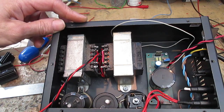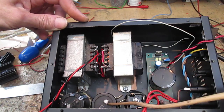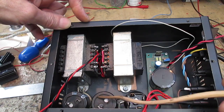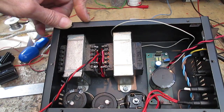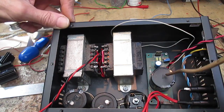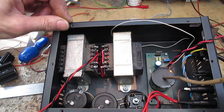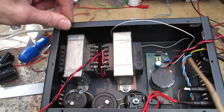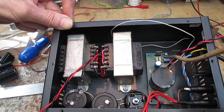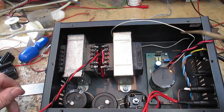And then we've got a couple of big high voltage 220 microfarad filter caps in there. They're just sort of flopping about in there at the moment. This is a bridge rectifier for our low voltage heater supply, and the one thing that isn't shown is the rest of the low voltage